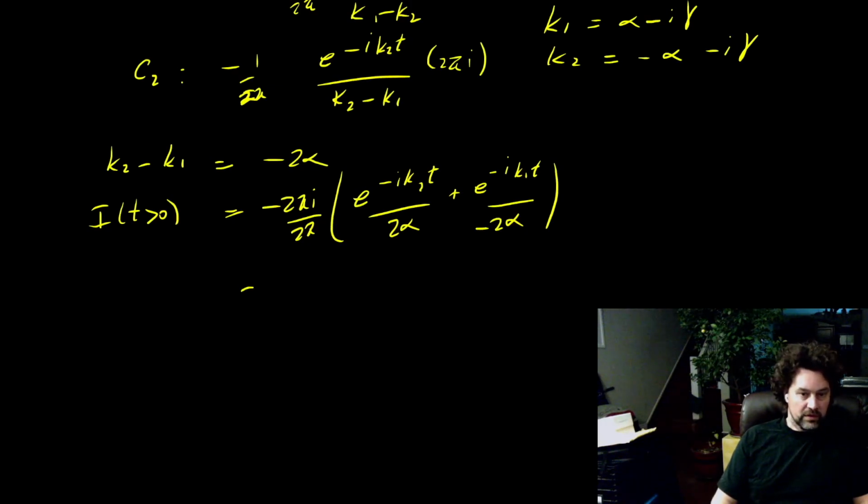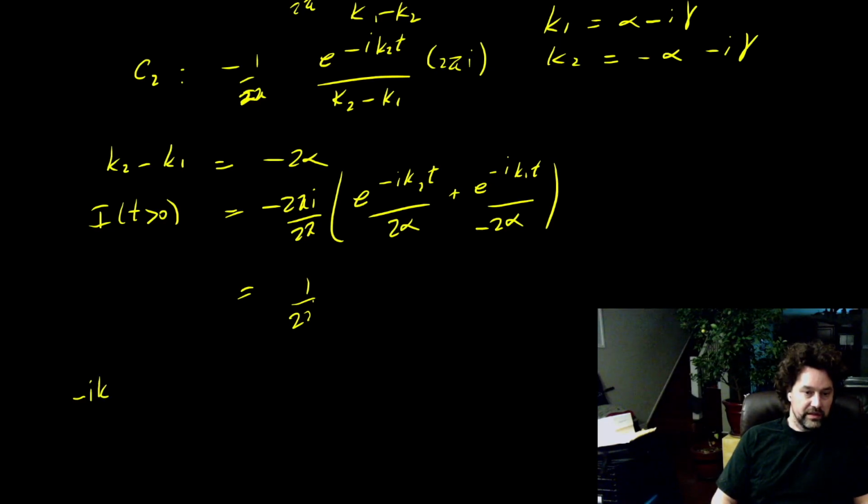So we have minus i, which is 1 over i, and we factor out the 2, and e to the minus i k2 t gives us some, so e to the minus i k2, let me write it out,